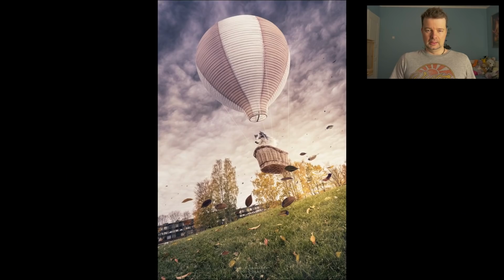So the first picture, a portrait. I really like the tones, I really like the retouching, it's been done pretty nicely. I like the color palette and the preciseness of the retouching. It seems that whoever made this has put a lot of work into the image. There's a lot of engagement in the portrait. Really nicely retouched, and I really like this image. So thumbs up whoever made this. I think I know who made this, but this is a great picture. Nothing bad to say about this. Next up,